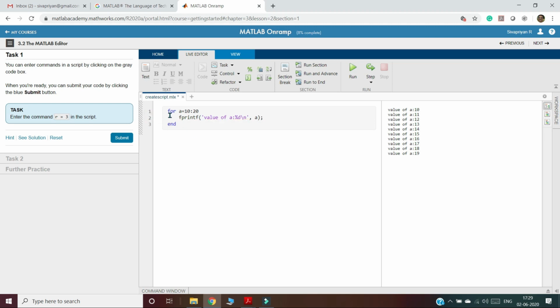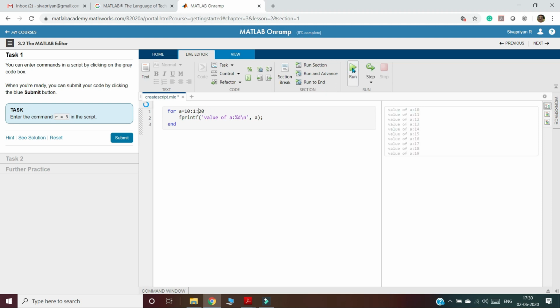So now a will start from 10 and it will increment automatically 1 by 1, then it will stop at 20. Otherwise you can give a equal to 10, then 1, this is the increment, then 20, so it will go up to 20. Then the value of a will be printed continuously and it will stop at 20.